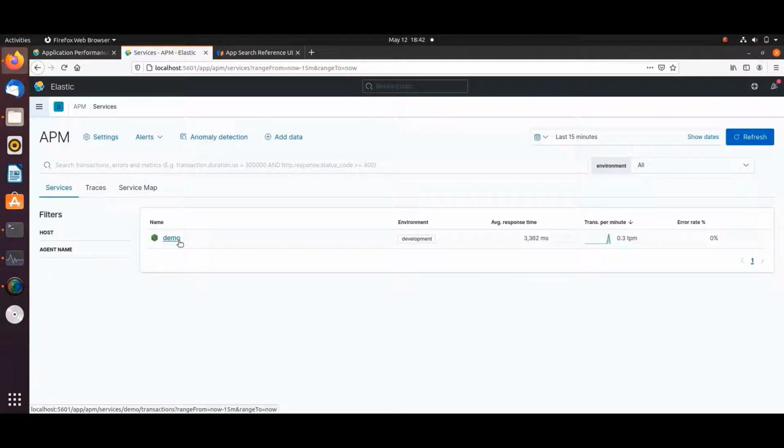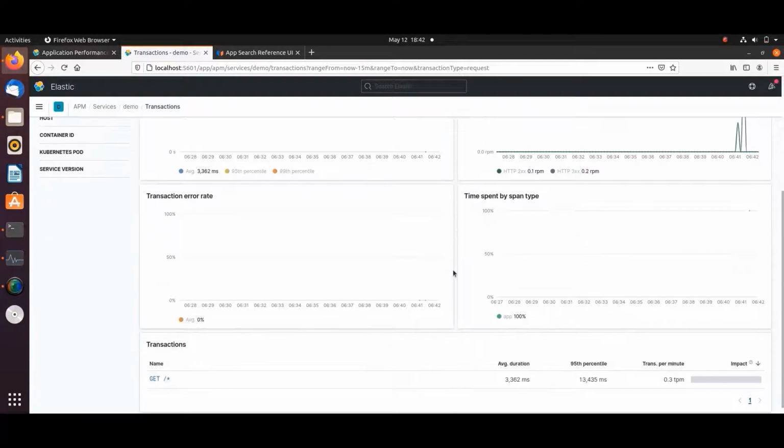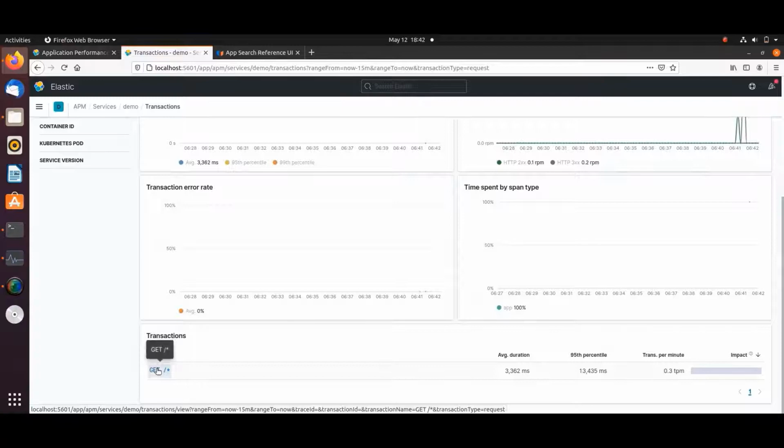Yeah, we have a demo service which we had named, and once we enter we can see the transactions, which is the requests per minute, and a few other details. Since we just did a couple of transactions, not much data is available.